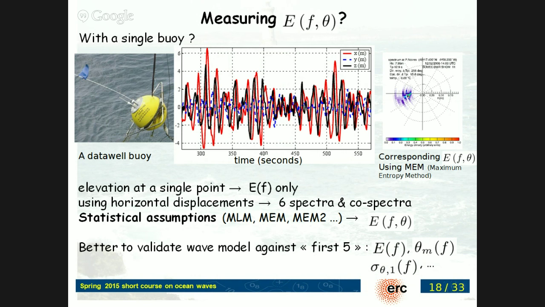Another approach would be to, instead of having just one buoy, have 2 buoys, and then instead of 3 time series, you have 6 time series, and you have 6 spectra, and many more co-spectra, or 3 buoys. So people actually have tried that, to have something with 3 buoys connected. It's a big mess, and nobody's using it, so it's hopeless. The other real alternative is to have an array of bottom pressure records, or if you have a tower, you can have an array of wave gauges or pressure records on that, but it's not a very common measurement, and so most people actually never measure the directional spectrum. We only measure these first 5 parameters.